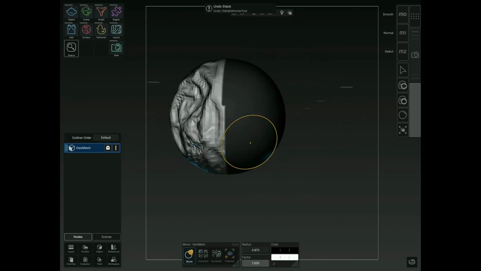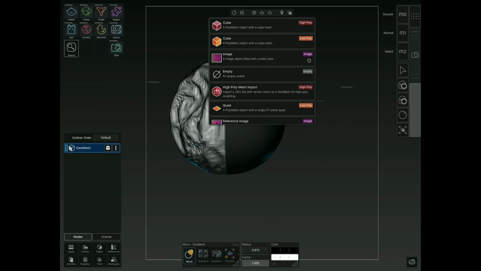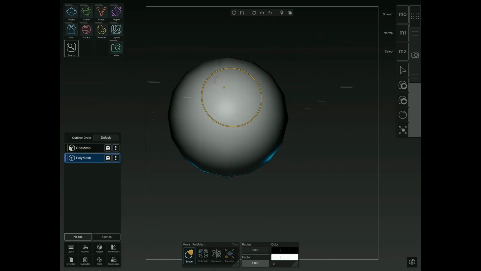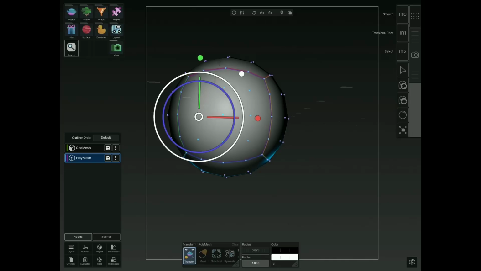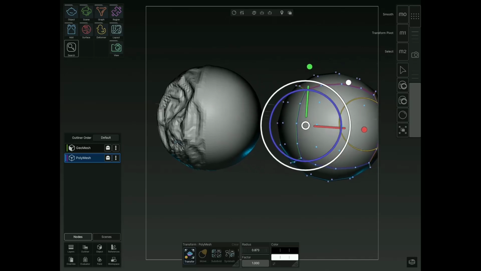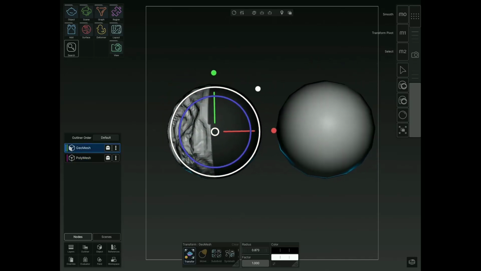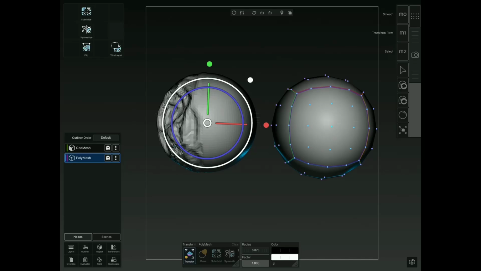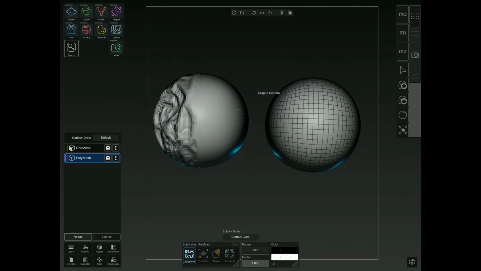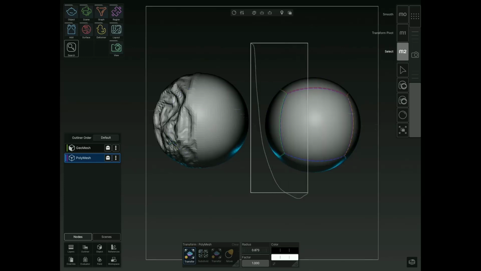Like if we add a new object from here, we want to add a sphere that's a poly mesh, right? And we move this over, we see that there's a difference between masking on this and masking on this. In fact, let's demonstrate the same way, just so I really get this lesson clear. Because if you walk away and you're like, yo, dog, I'm a masking master, then